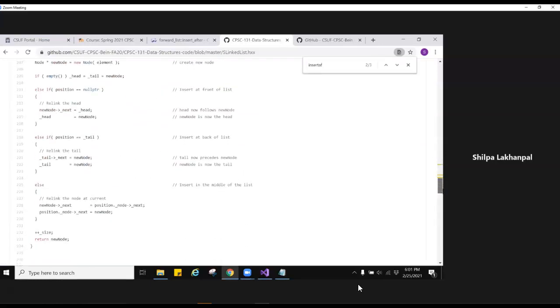If you remember these, the ones in the picture also, every time you are inserting at the front, these are the two lines of code that make it happen, and you are checking if you're inserting at the front, you are checking if you're inserting at the back, and you are checking if it is anywhere else.